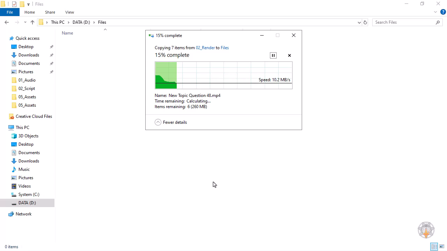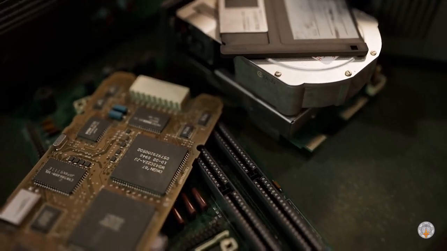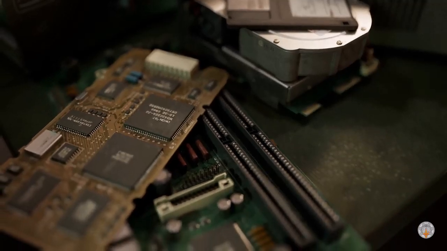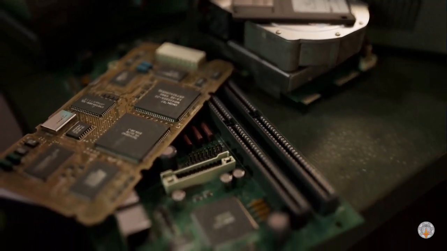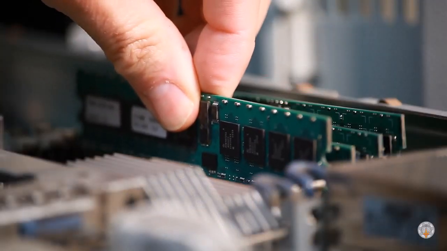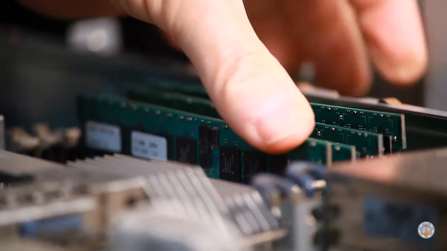Storing data in a computer is like keeping things safe in a digital locker. Computers use special places called memory to hold on to information. Memory is like the computer's brain. It helps to remember things. Just like we have our own memory to recall important information, computers have memory to store and retrieve data quickly.